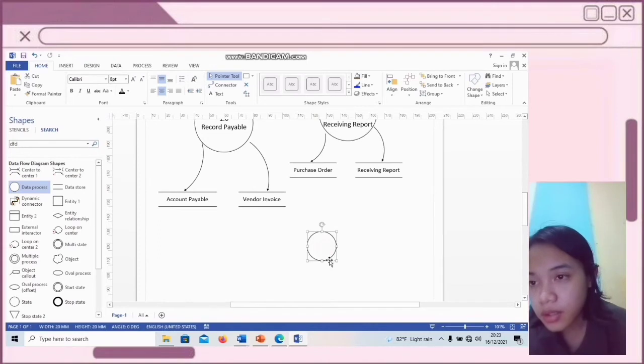Next, we create the third process diagram, that is the make payment process.